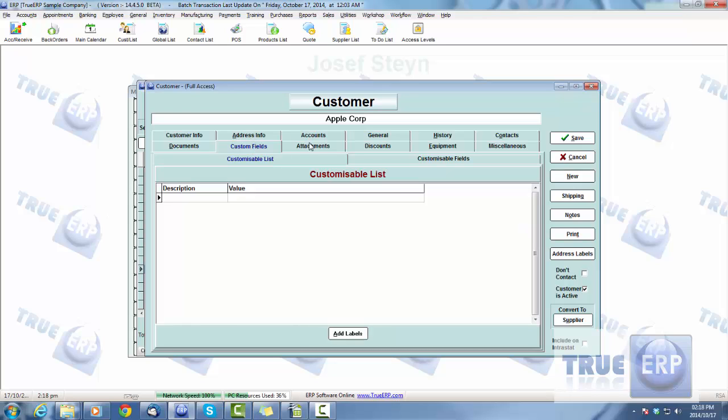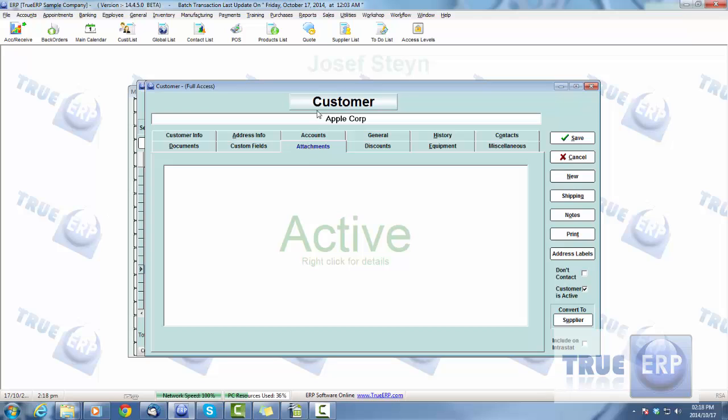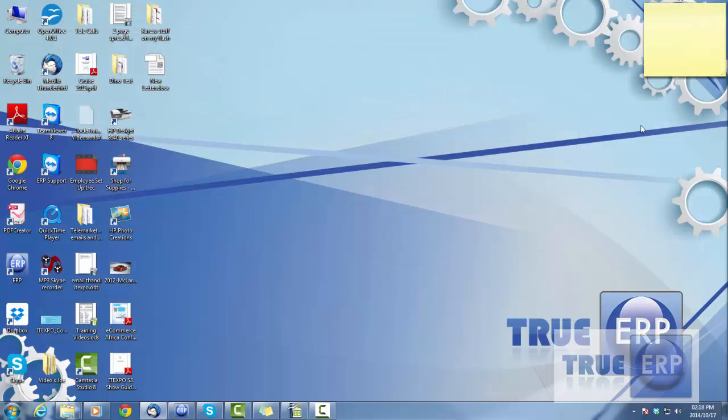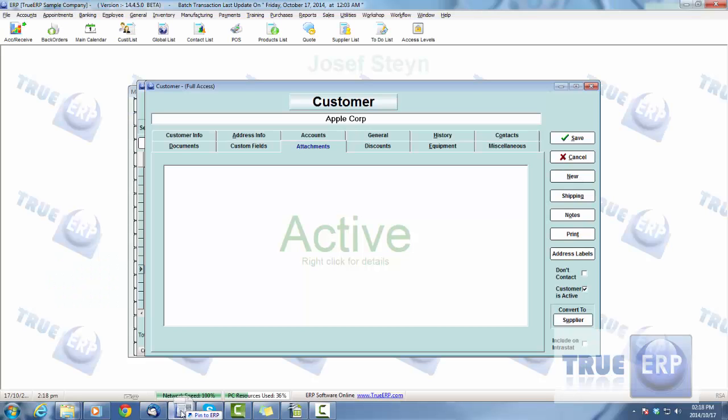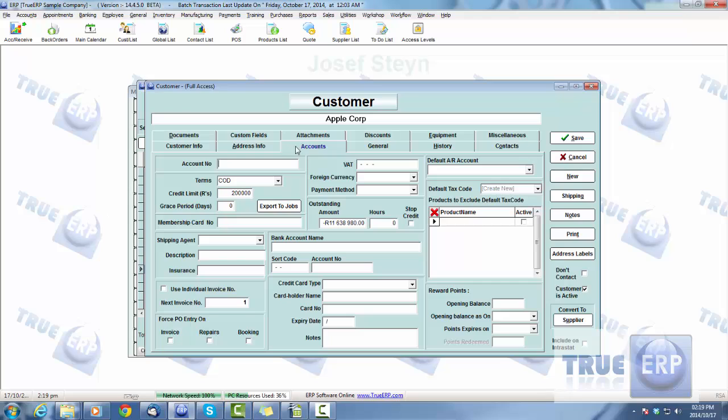Customizable fields, different attachments. You can attach and drag in different attachments, or simply just right click on the attachment and drag it over ERP and then into the customer attachment, and as simple as that. Go ahead, double click on it, and there's your attachment. So you can add attachments, different account information, where you can add an account number for this customer, the terms